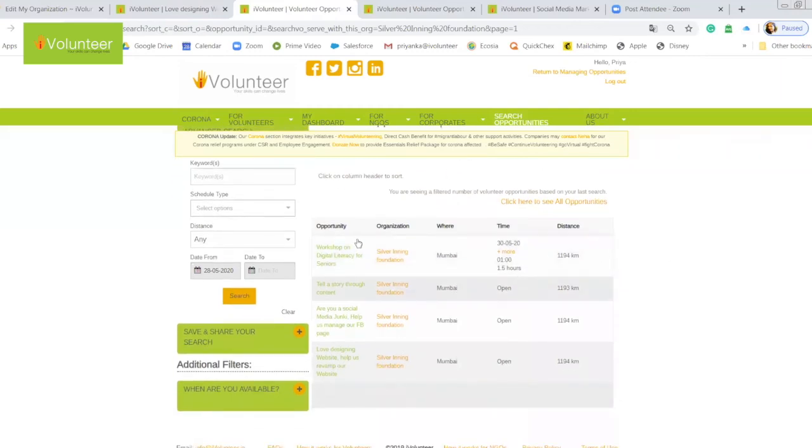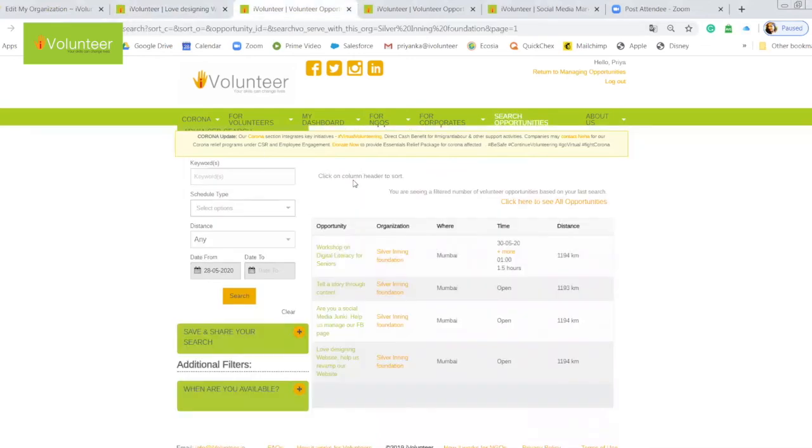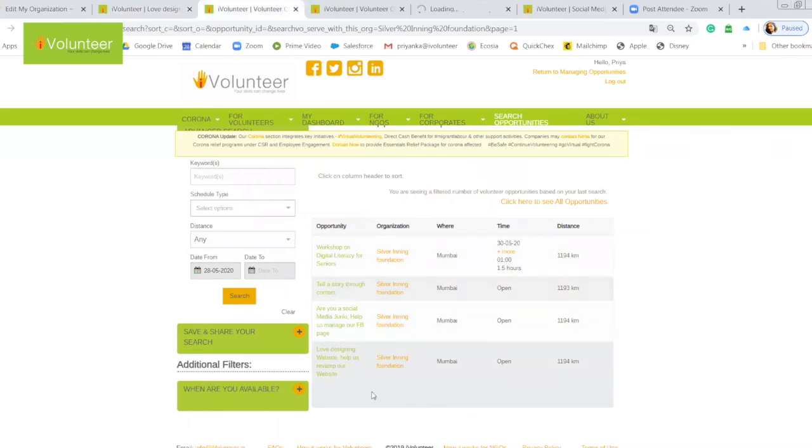So a regular volunteer of yours who has been volunteering with you can click on this link, and they will know that once they click on this link, it will take them to all the opportunities. First they will visit the page, and then they will get that other link which I was talking about, and then they click there and they come to this page where they see all the opportunities listed under your organization.